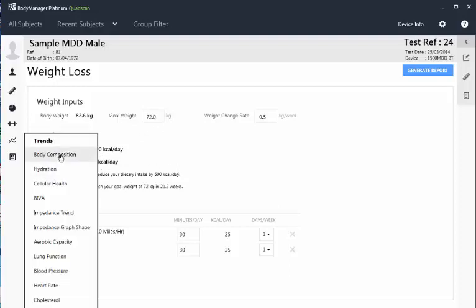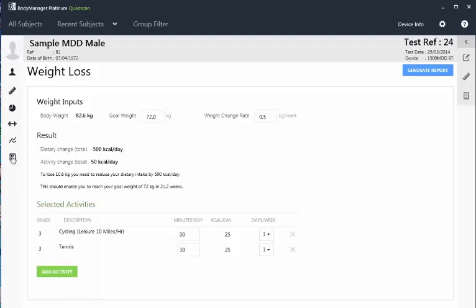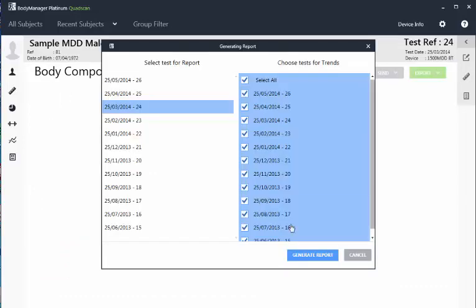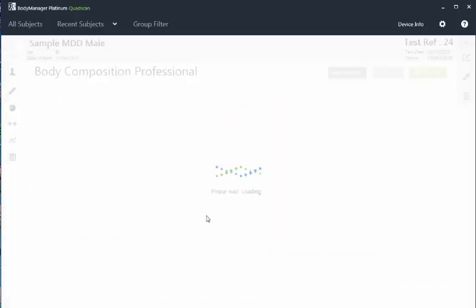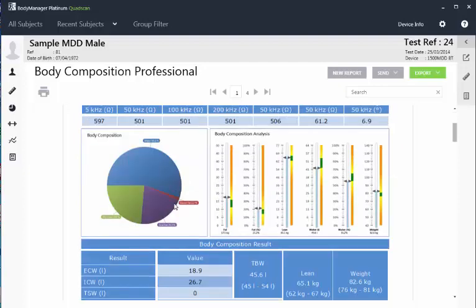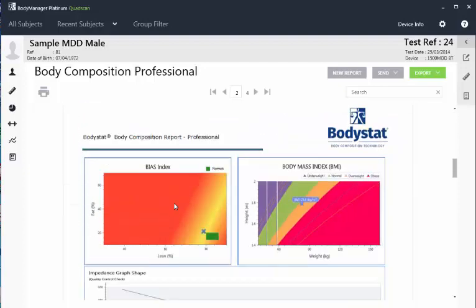So the trends, we've got all of these listed as trends as well, which you can view for your clients to monitor progress. And for each of those, we've got reports. So reports are probably going to be the most important place for you to go to and to print off for clients who want to see how they're doing over a specific time, and a go-to place for all their data. So this is the body composition professional report, and it lists basically everything that we have gone through on